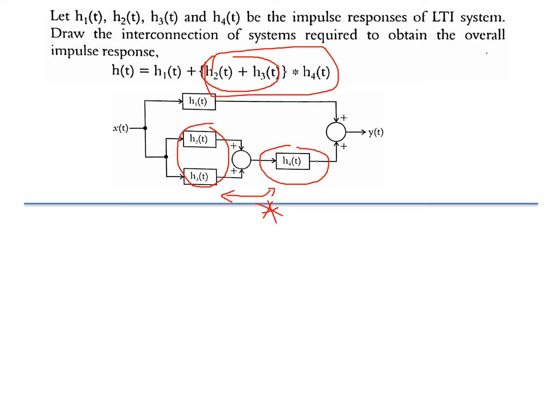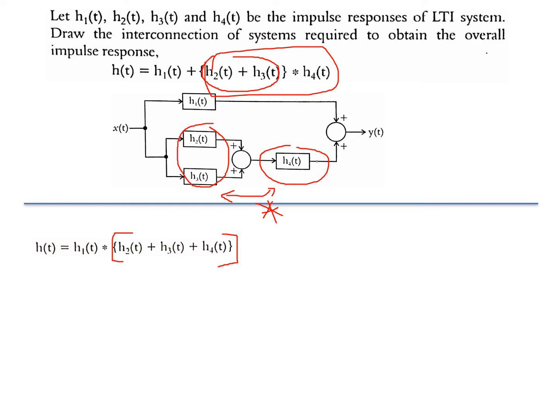Now one more problem like that. Let us see, once again here. Because the bracket is given in this also, h of t is equal to h1 of t convolved with all these impulse responses h2, h3, h4 in a sum form. See, their addition, so that means parallel. h2 of t, h3 of t, h4 of t, all to be added, isn't it? Because the bracket is given, give it the highest priority.